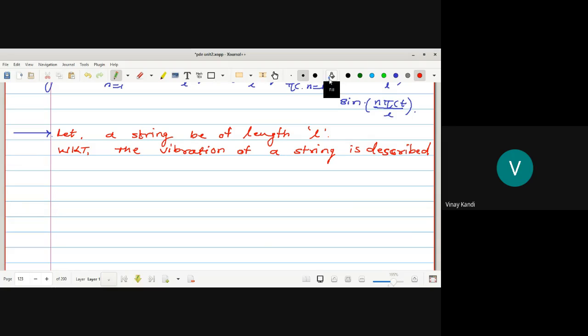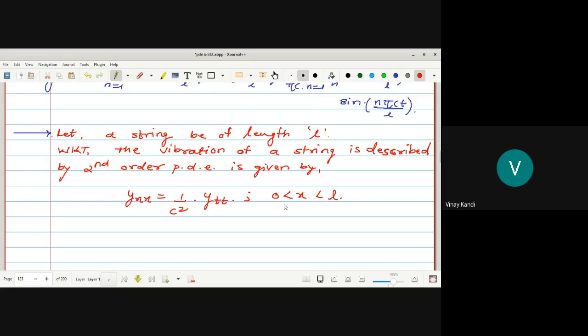The vibration of a string is described by the second order partial differential equation, which is y double x equal to 1 upon c square into y double t, where x runs from 0 to L, because the length of the string is finite. Give it as equation number 1, where